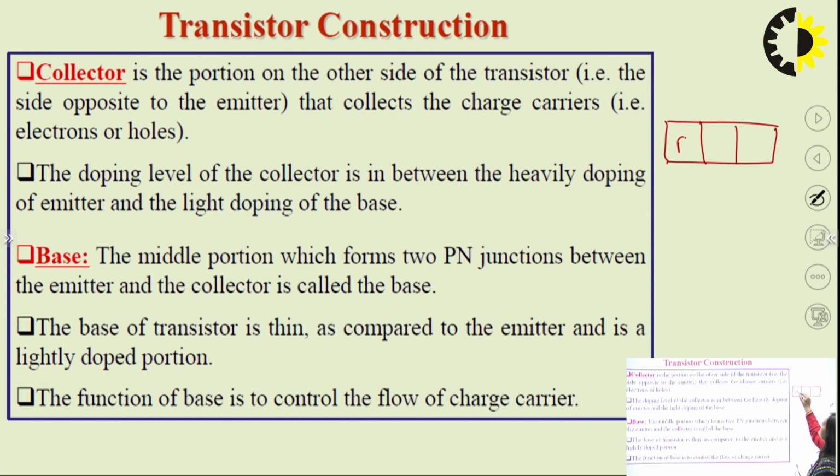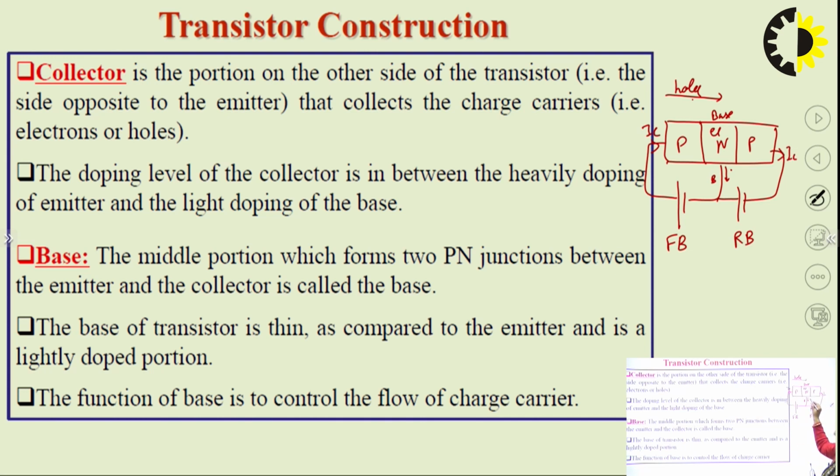This was P, N and P. So we connect this positive, this negative, and after that this positive and this negative. This is forward biased, and this is reverse biased. So this part is the base. Holes are coming from here, and it has electrons. So these holes and these electrons will recombine, and due to their recombination, base current will flow in this part. Here emitter current will flow, and here collector current will flow.